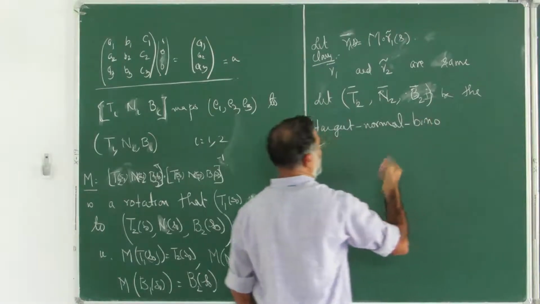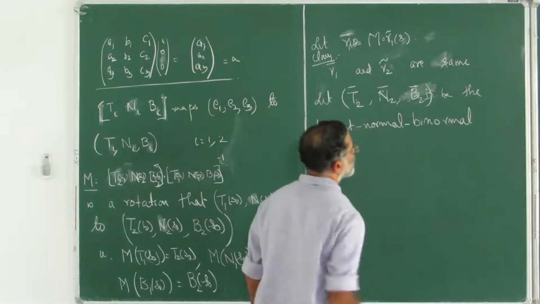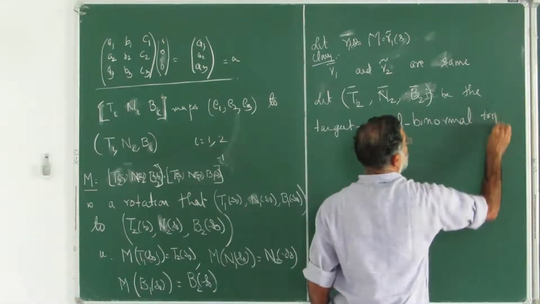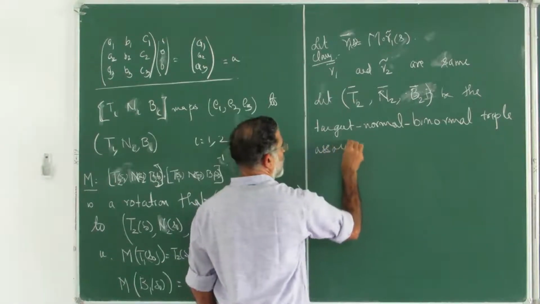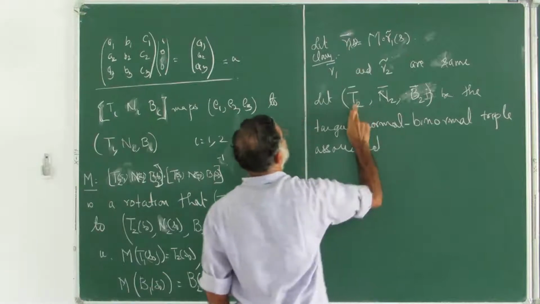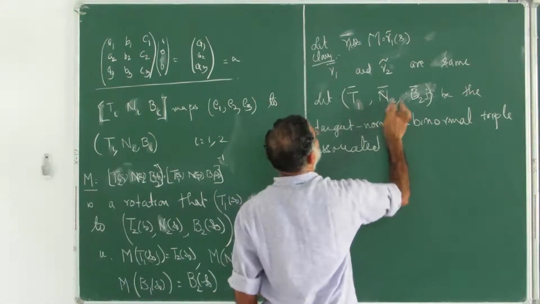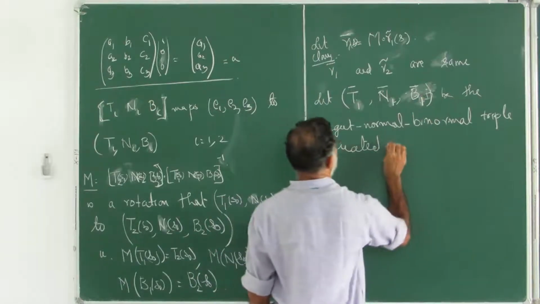Even that could be TNB triple, something we could have written. Anyway, the triple associated with the new one. What is that? Oh, sorry, it is not T2, it is S2. Associated with